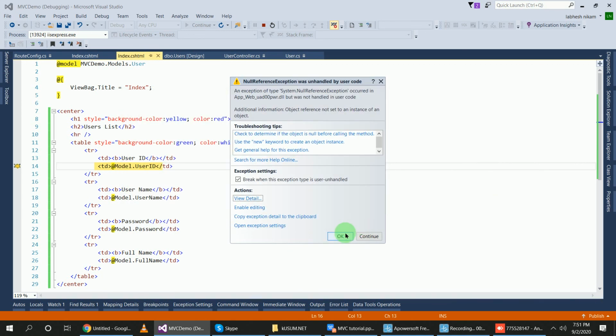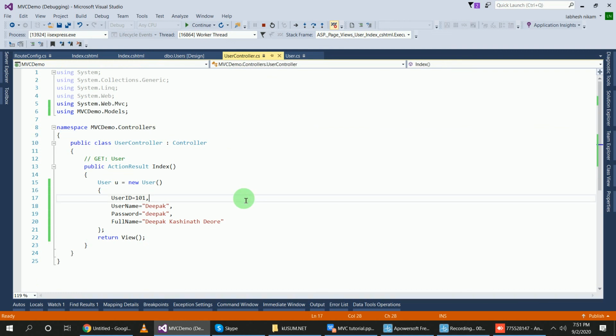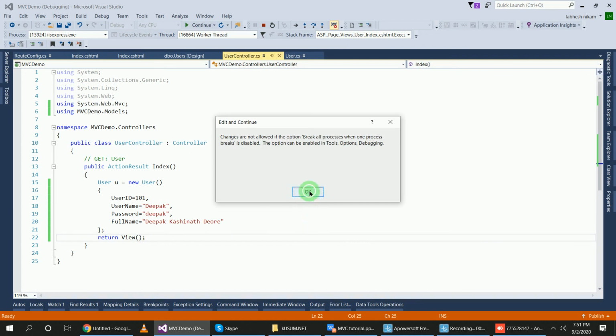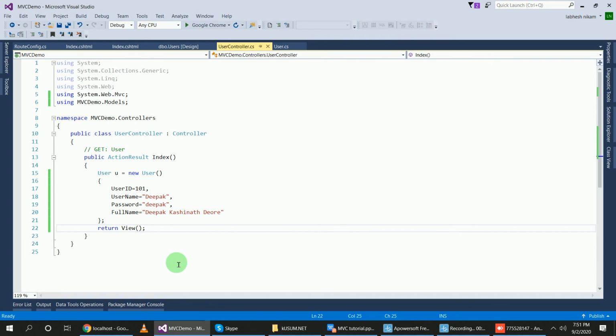So the model is going null. Okay, so what is the problem in the controller? We have not passed this variable of the class inside of the return view, so the model goes null, and the error displayed is null reference exception here. Okay, so we have passed this u object here. Now run the program.